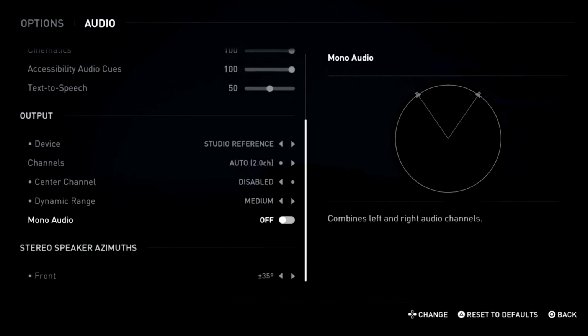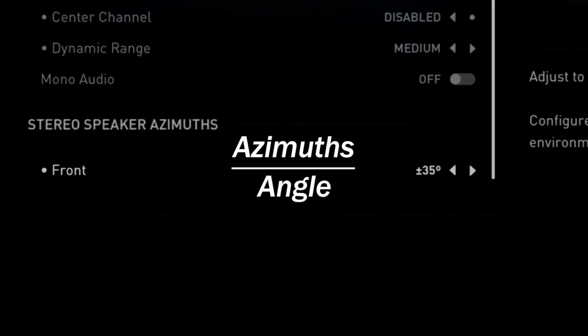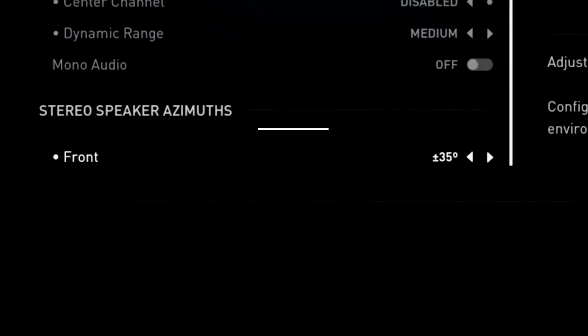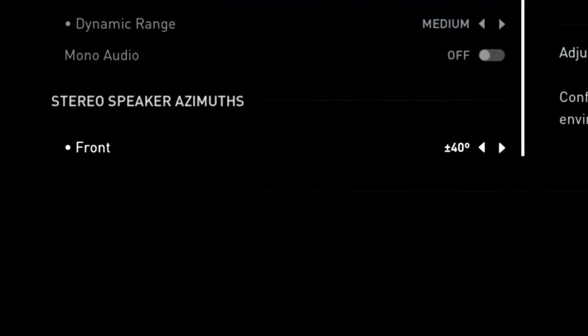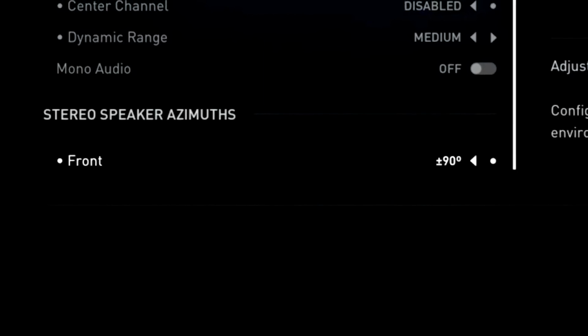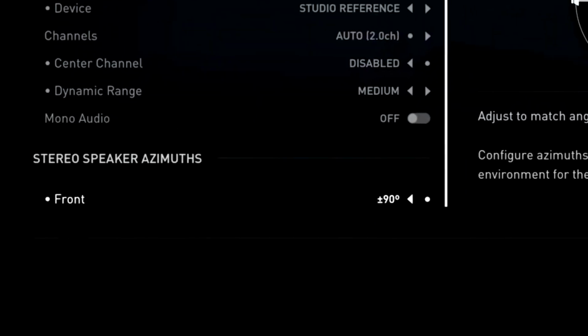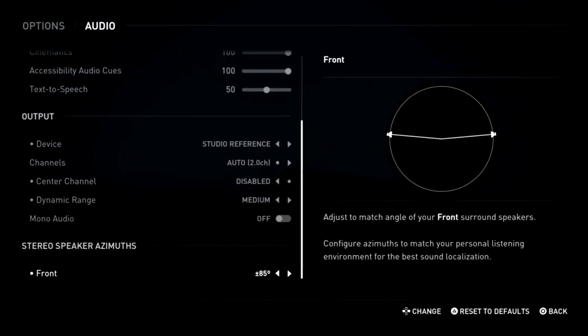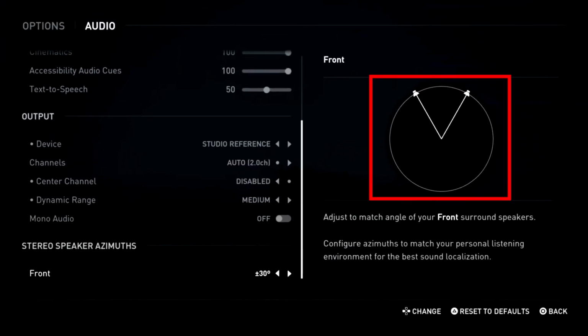The last section is about azimuth, which is really important. With setting this option you can get better experience with sound direction in the game. For example, if something is on your right, you can feel it when you hear this from your speaker. If you are using headphones or earphones, you need to change it to 90 degrees because they are exactly in 90 degrees position. But if you are using TV speakers or different speakers, you need to set the angle from here. But if you take a look at the right picture, you can see the distance between the speakers and you can get better audio direction. So change them to the right direction that they are in the front of you.